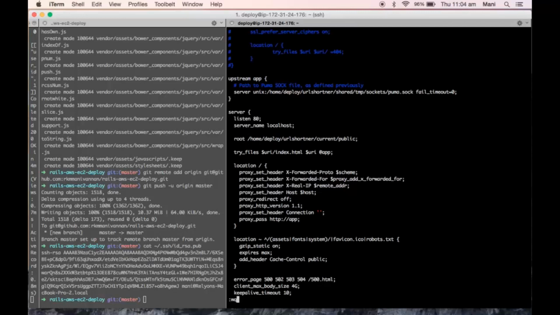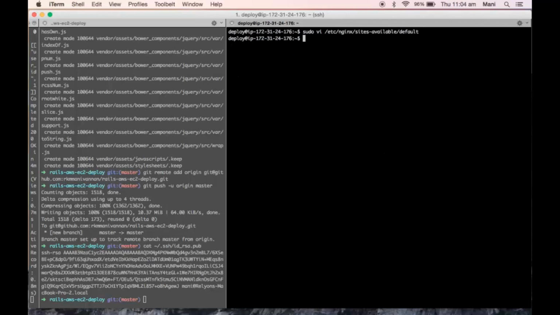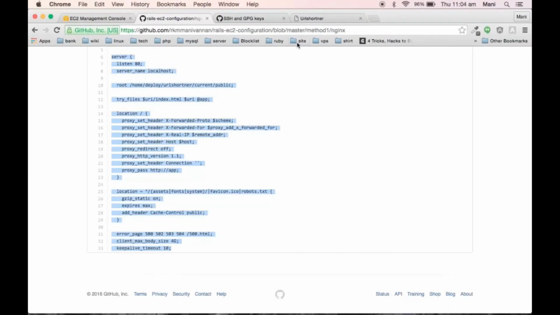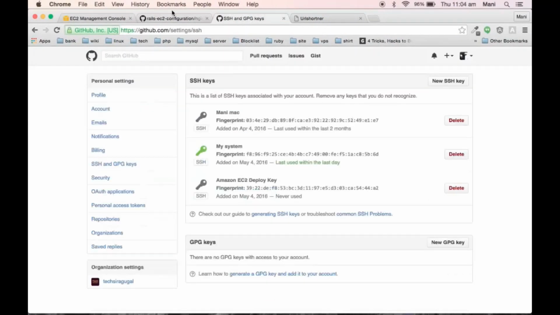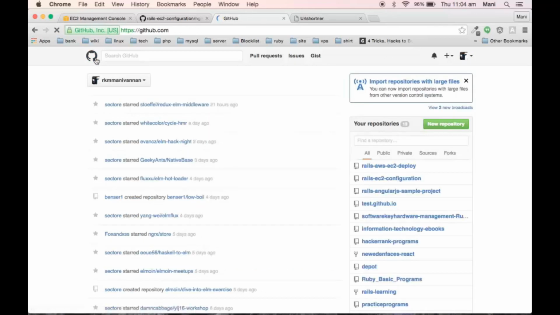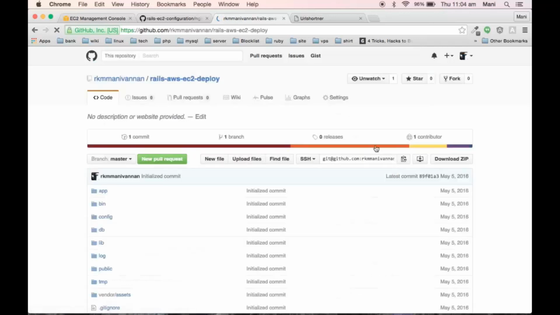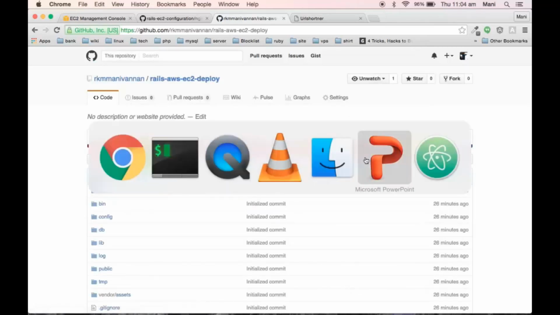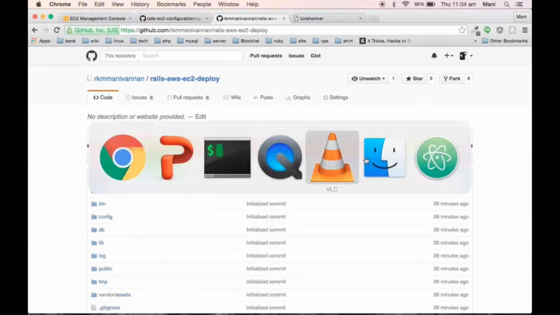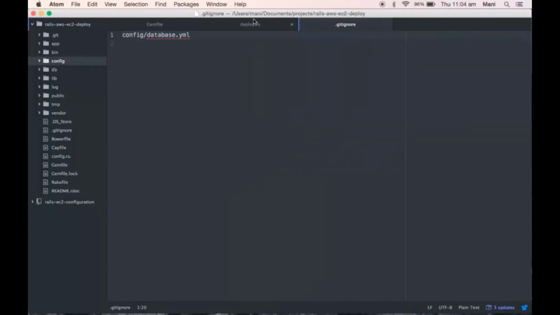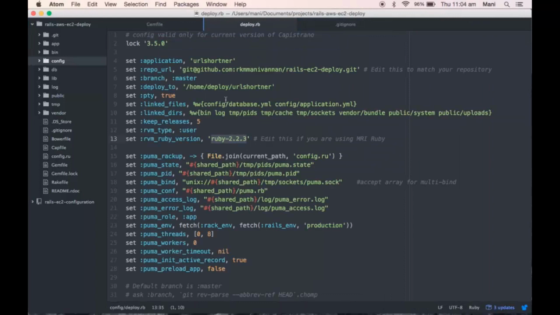Now you save your file. A small thing we need to do is copy this SSH URL, go to your code, and open your deploy.rb.